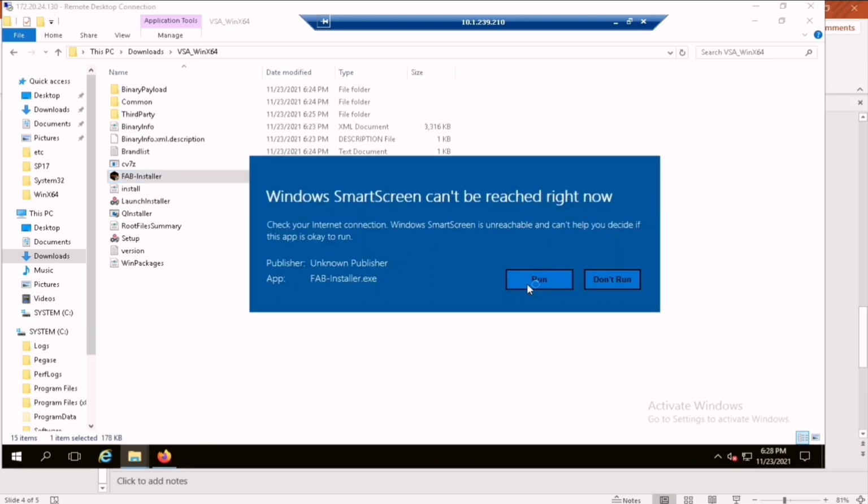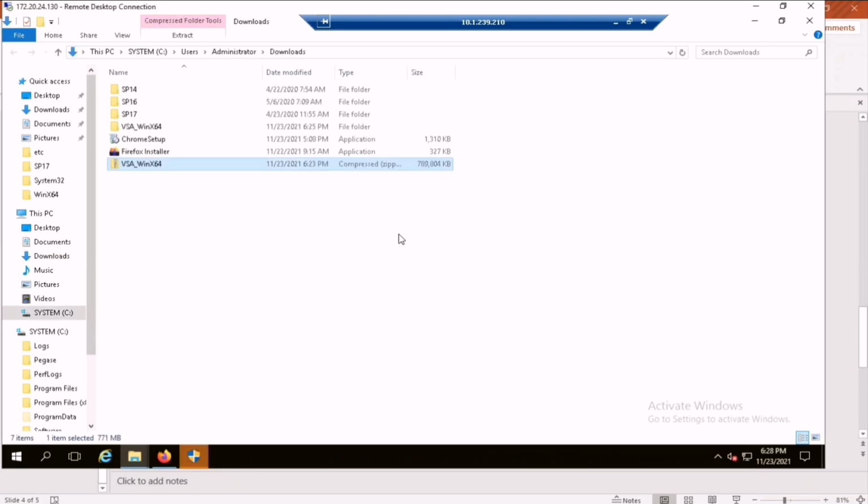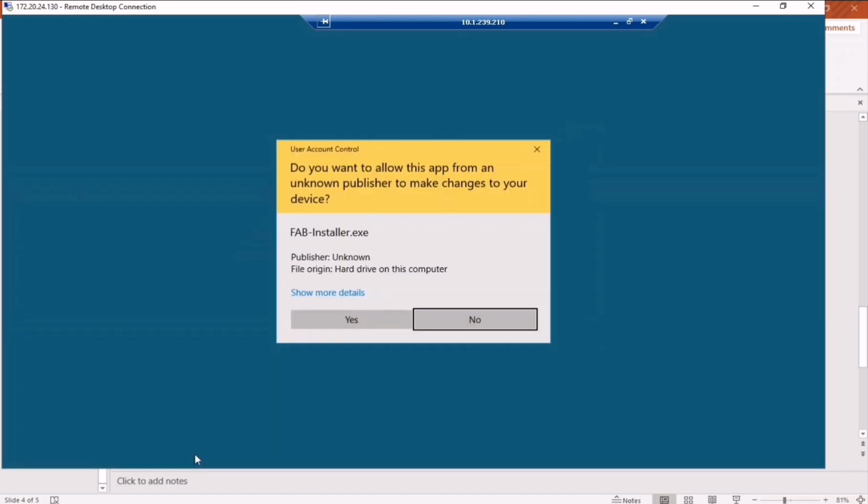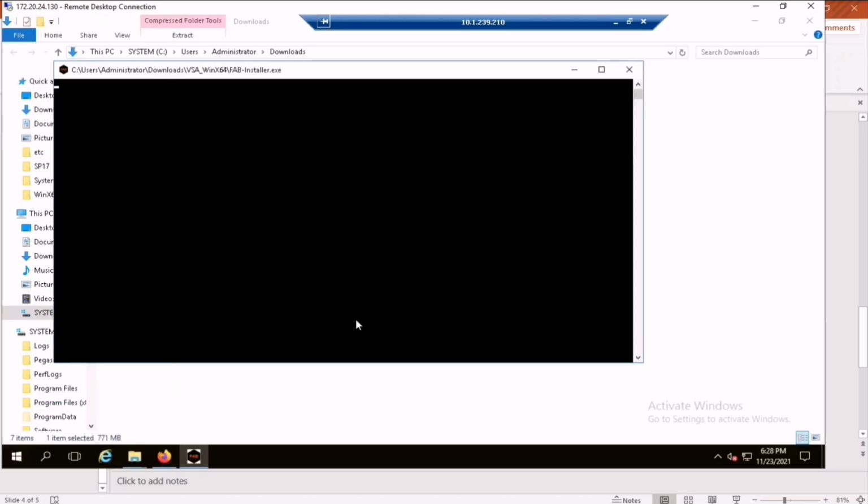If you get a pop-up, you just need to run. Click yes.